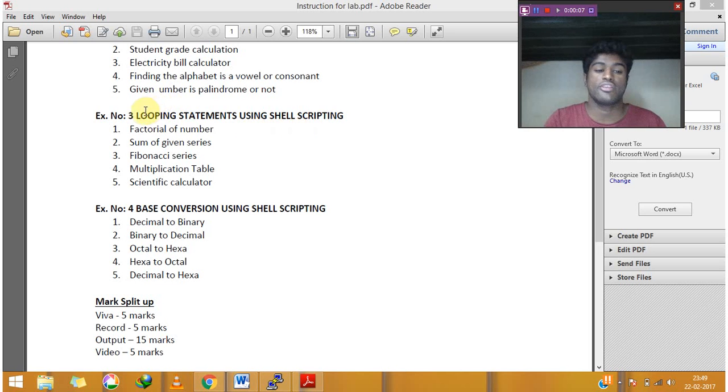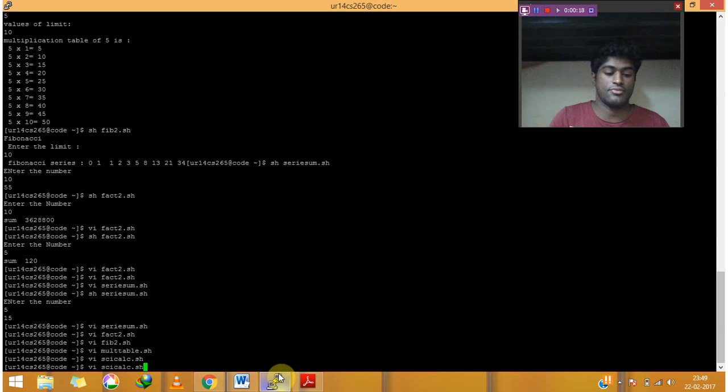The title for today's experiment is looping statements using shell scripting, and I've been given five topics to be done. The first topic is factorial of a number, so let's see how it's done. So for factorial,